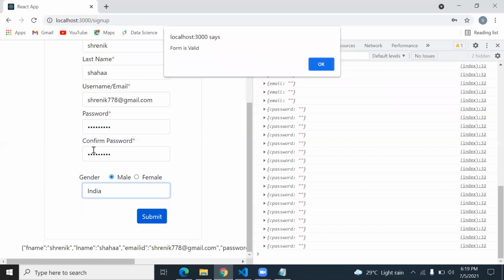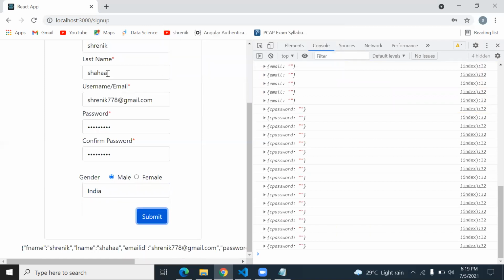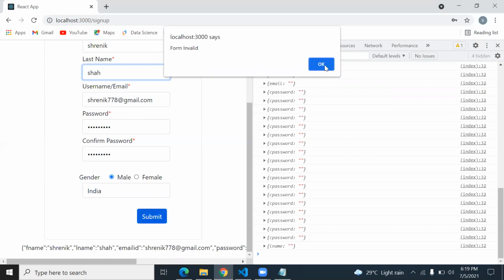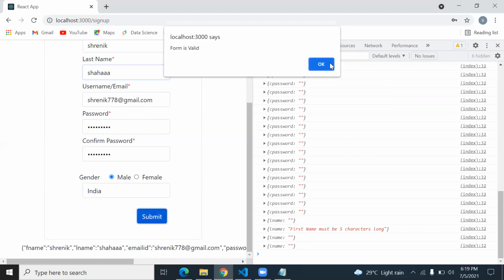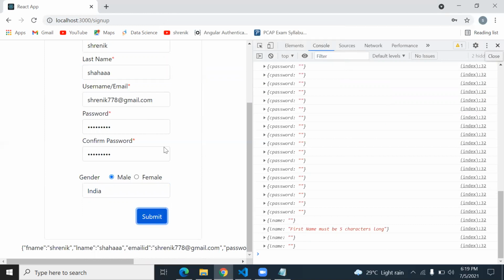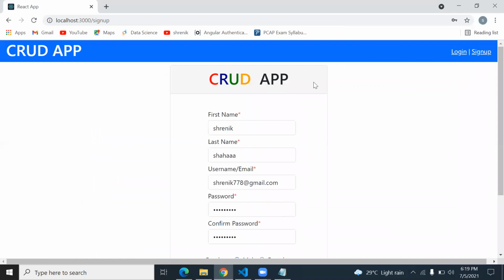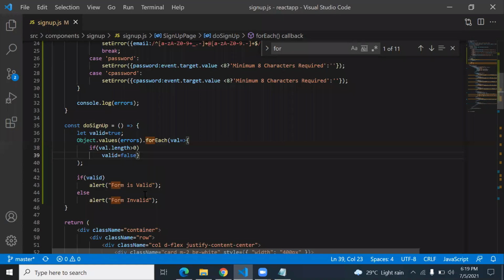Form is valid. So what if here it is wrong? Form invalid. Form valid. So now it is validating the form. But the response, how do you want to see it? In the form of an anchor tag or in the form of a Bootstrap alert, how do you want to see it? So that also we can decide, how to show and how to execute the output.